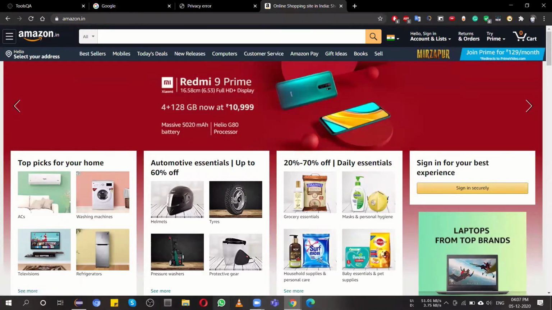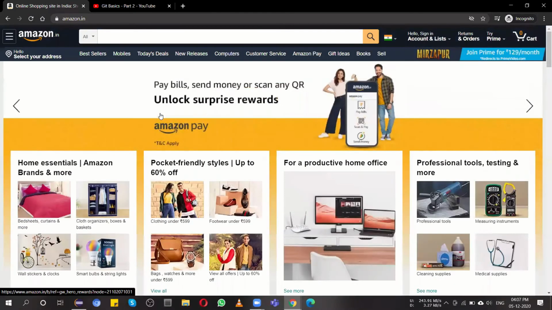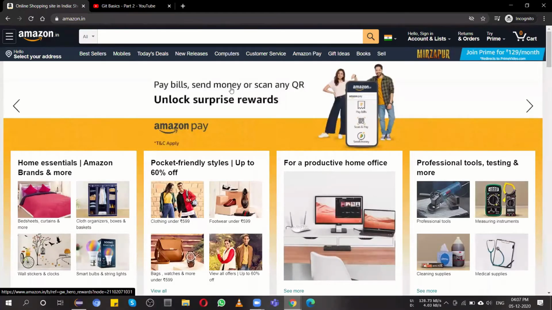And we test it over incognito so that the suggestions for that user will not come. So if you wish to open your application inside incognito, you have to use options.addArguments, and inside it give in double quotes --incognito, so it will open that automated browser in incognito mode.